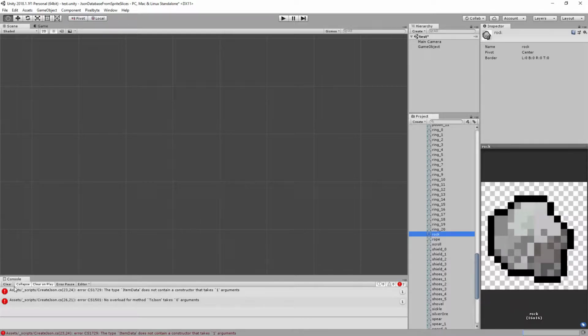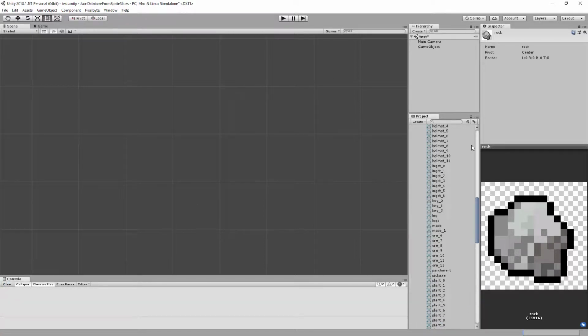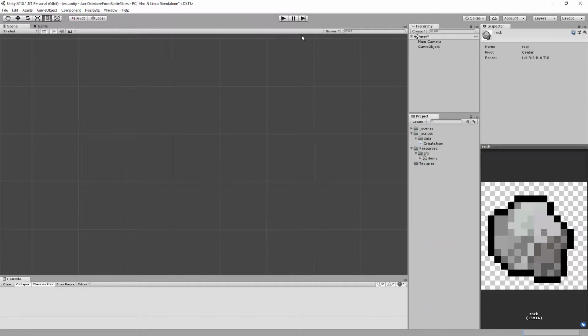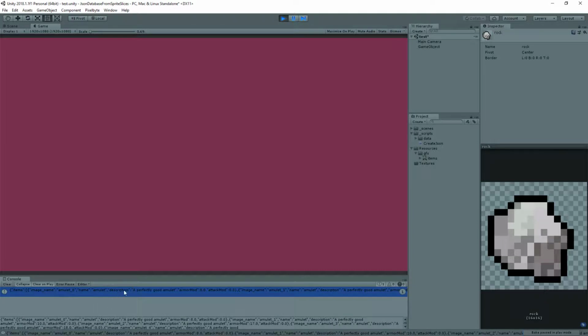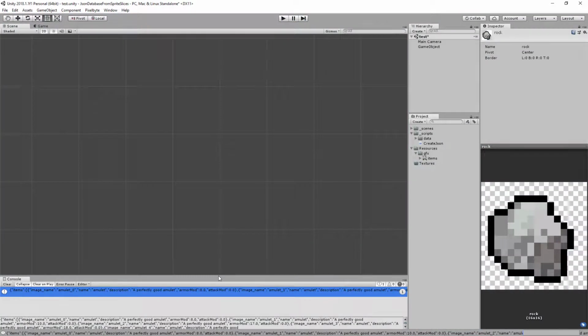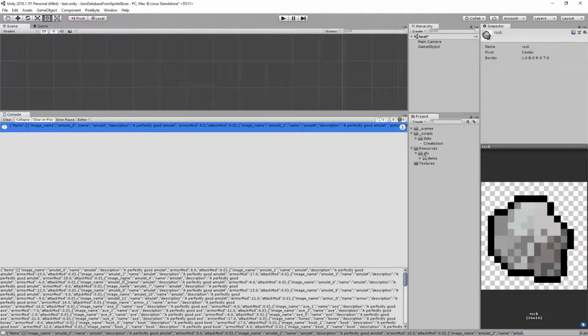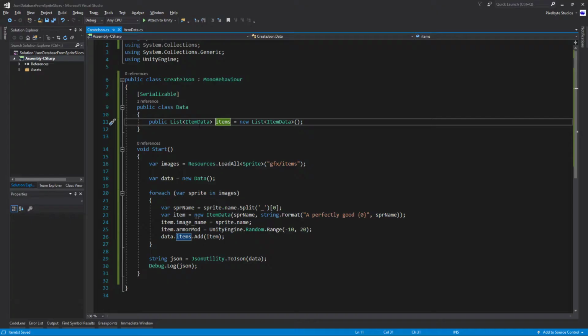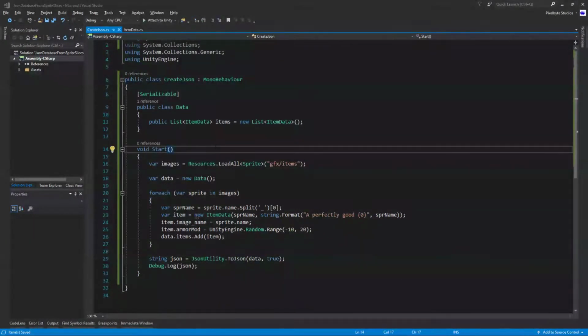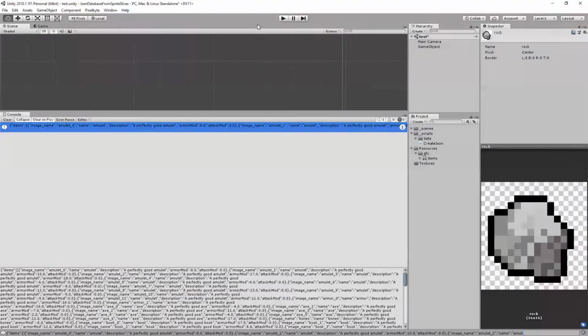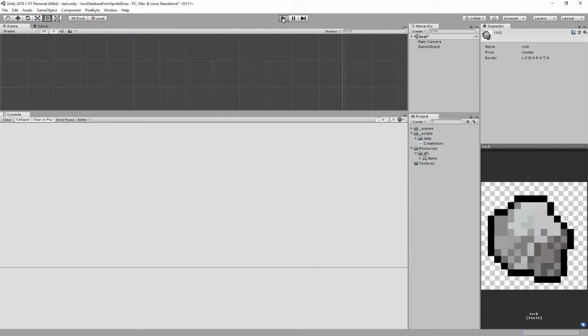Let's go check and see what happened. So I'm going to collapse that, and we'll push play, and we should hopefully, if there's no errors or issues, boom, yes. So there's our JSON. And if I pulled this open a lot more, you would see all the JSON there. So that worked nicely. And I think, yes, there's pretty print. So let's go ahead and make it pretty print. I told it to pretty print there, so we can just run it,